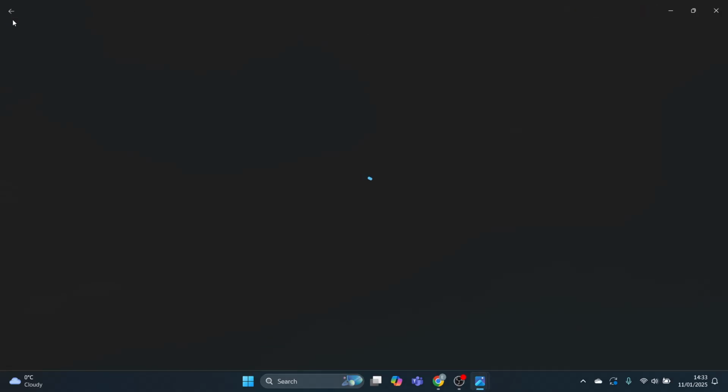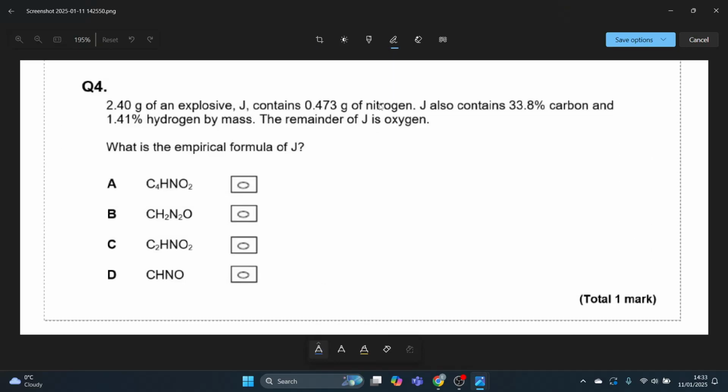And this final question looks like a lot of working out, but this is a quick trick and you can solve it pretty easily. 2.4 grams of explosive J contains this much nitrogen, this percentage of carbon, and this percentage of hydrogen. The remainder of J is oxygen. What's the empirical formula? Well,